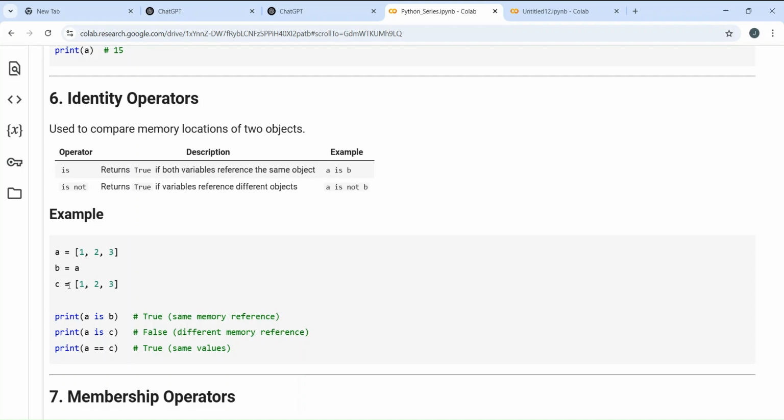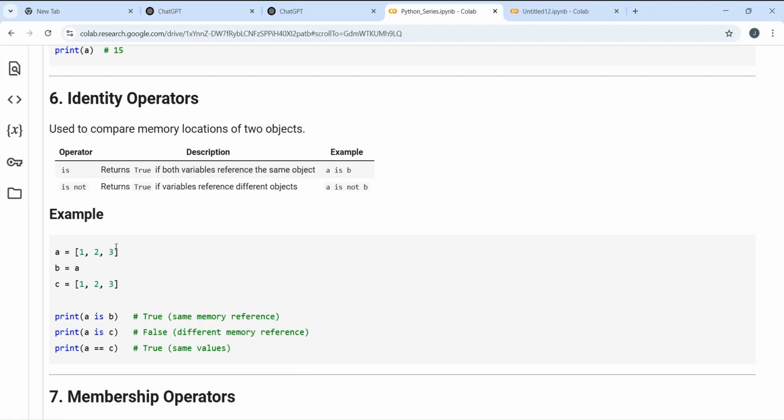Now let's say there is c also, and c also has the same list 1 2 3. Okay, now you have to understand one thing. We are referencing the A object to B. So here, if we try printing A is B, it will give me true because we are referencing the A object to B. Next, you might say A is C should also be true.